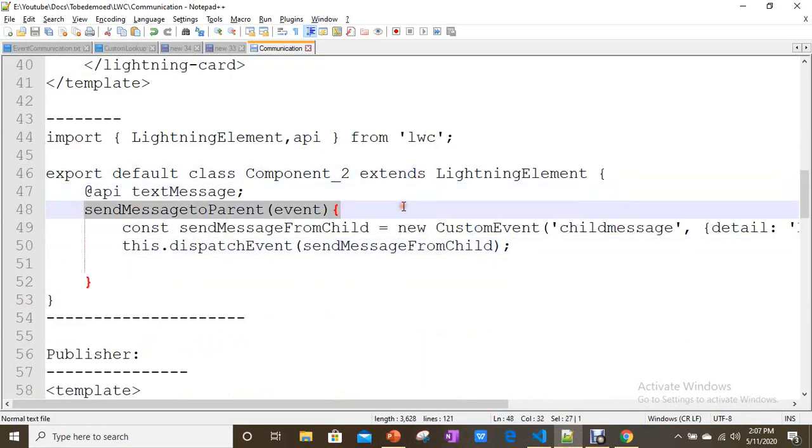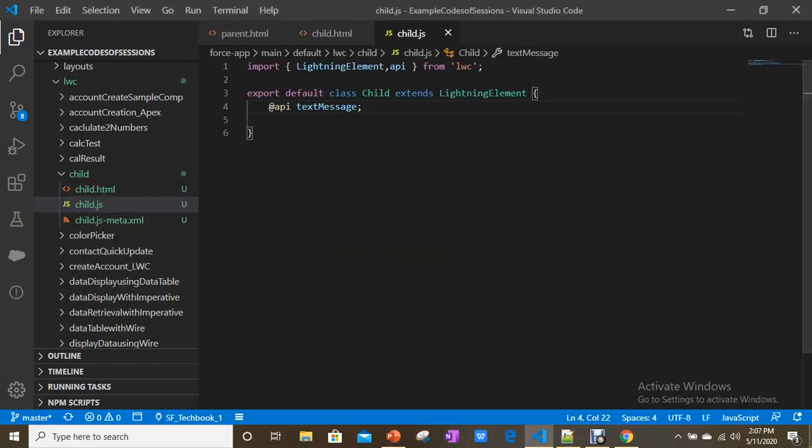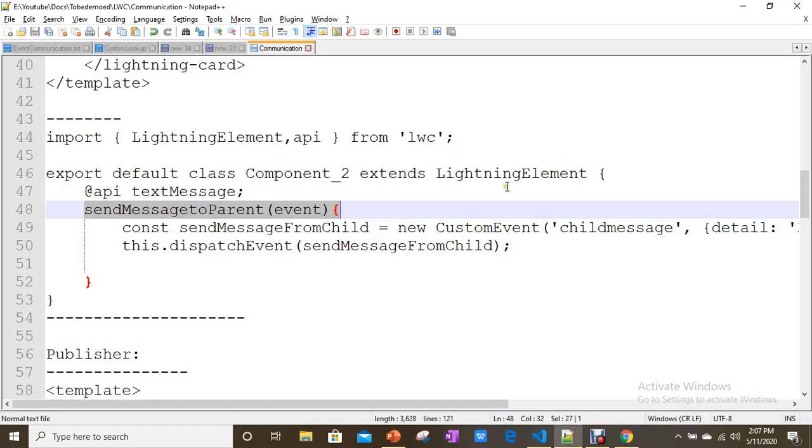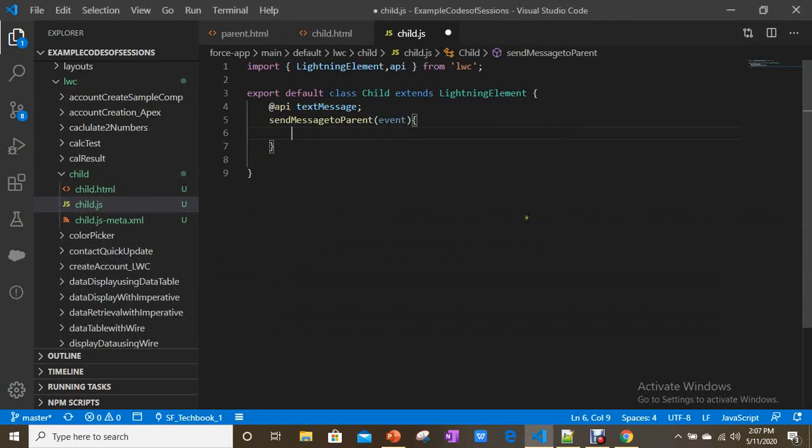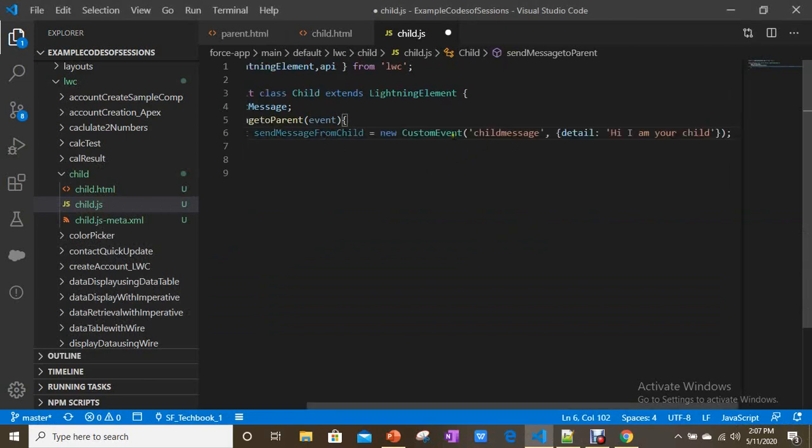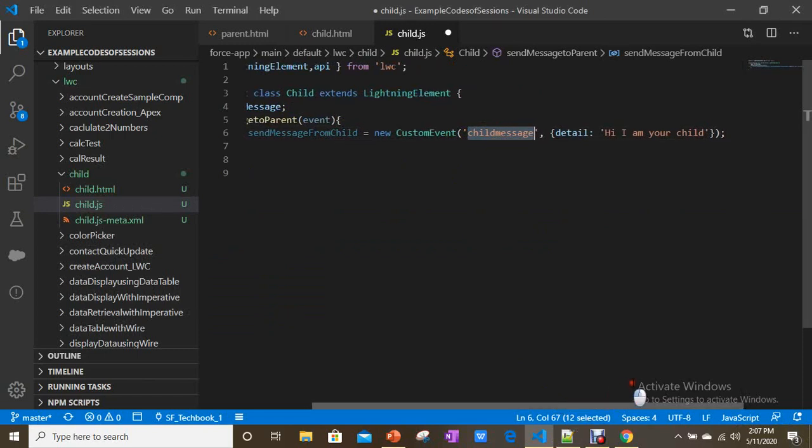I'm going to define a method sendMessageToParent in the child component, and here I'm going to define a custom event. The event name is childmessage, and the property is detail.